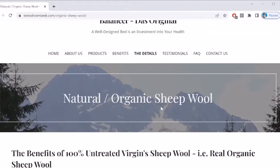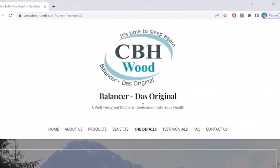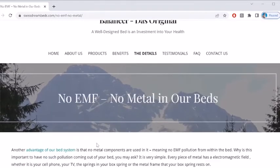Next, we look at our bed and the fact that there are no metal components in our bed. To some of you, that may not mean a whole lot, and if that is so, I encourage you to research it and see if that is something that you should put emphasis on or not. But the important point to note is that because there are no metals in our beds, as mentioned previously, there's an aluminum zipper on the carton cover, which again, those people who are interested will probably know that aluminum is